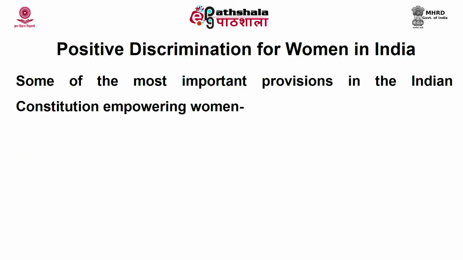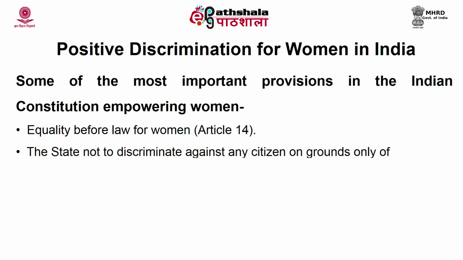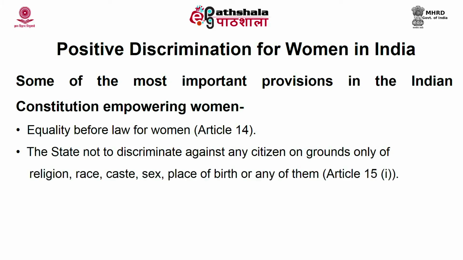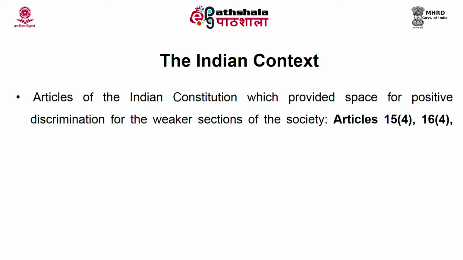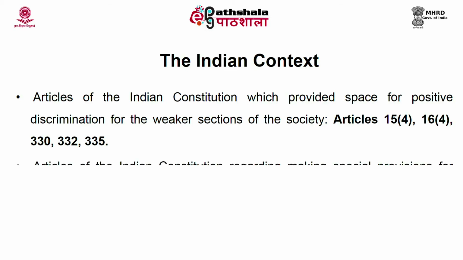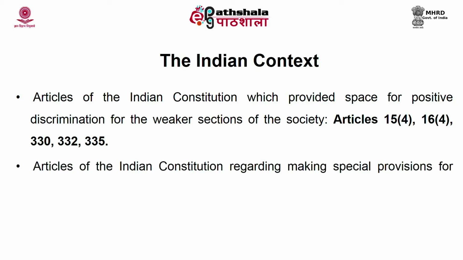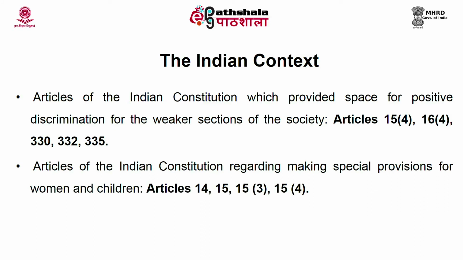The constitution makers, while ensuring equality before law and equal protection of law and prohibiting discrimination against any citizen on grounds of religion, race, caste, sex, place of birth, provided space for positive discrimination for the weaker sections of society via Articles 15.4, 16.4, 330, 332, 335, and making special provisions for women and children through Articles 14, 15, 15.3,